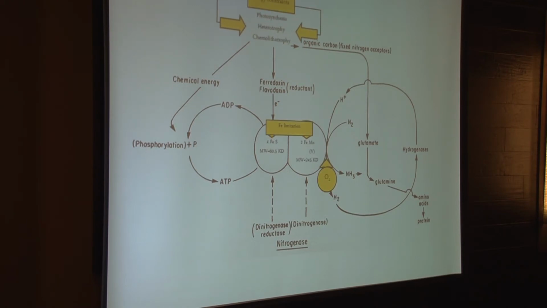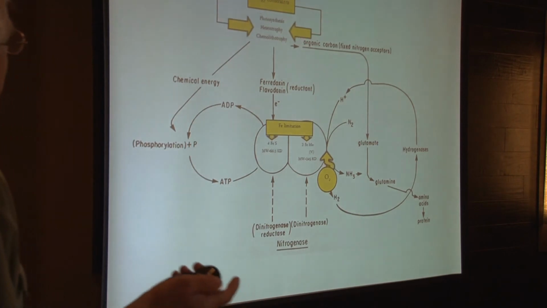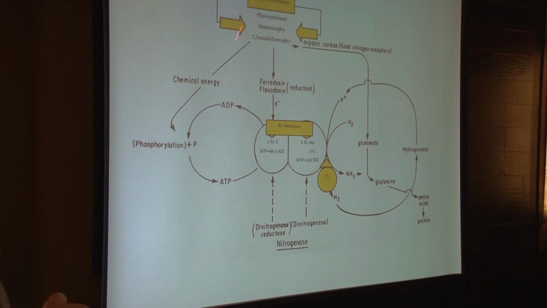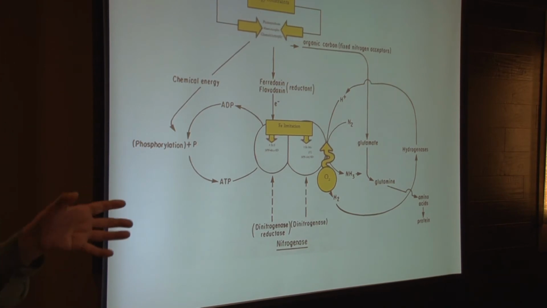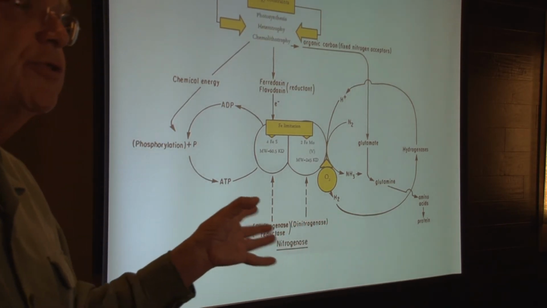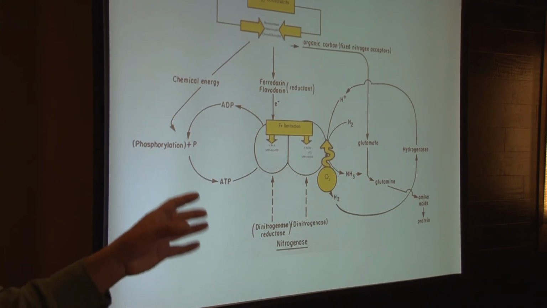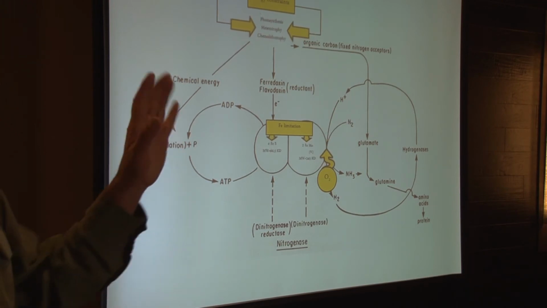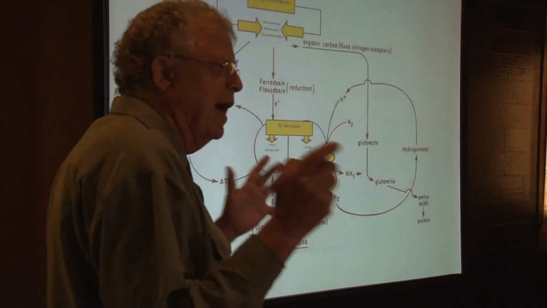But the problem with this process is that there are several constraints that go beyond just the N to P ratio to control it. And one of them is energy requirements, either by light or heterotrophy, which is the one up here. The other one is other limiting factors, particularly iron and maybe other metals. And then you have this issue with oxygen and turbulence in the system that may create suboptimal conditions for some organisms to be able to fix nitrogen. So it ain't that simple. It's not just a matter of shoveling in enough P to get the fertilization done